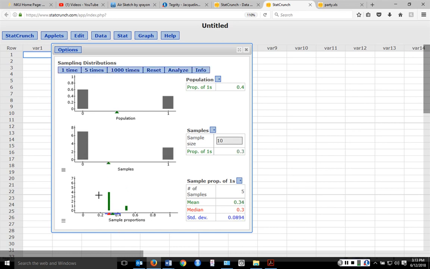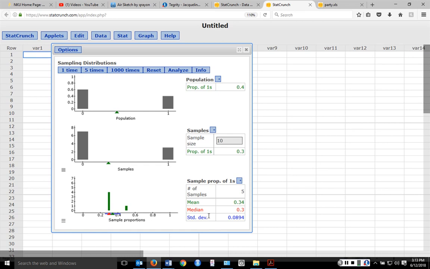Now each of those numbers that it just put on here were sample proportions. But now I've got some extra information down here. It recorded a mean, a median, and a standard deviation. So the first thing I'm going to do is just record those numbers